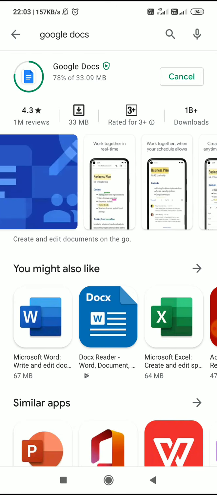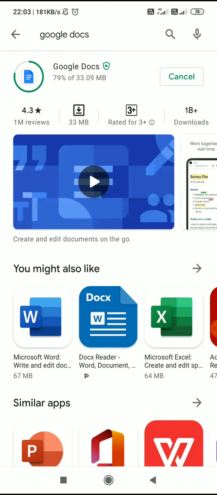So it is a freeware application downloaded from the Play Store, about to download. After downloading, it will be installed.